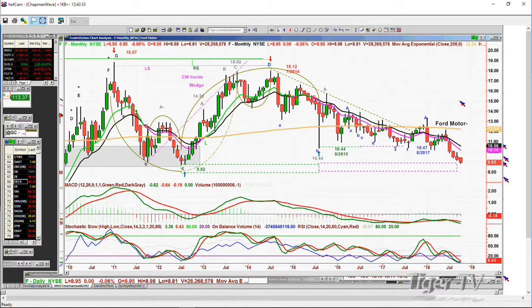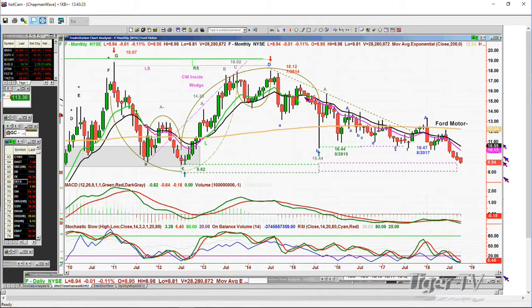Now, I drew this a long time ago. I drew it from the $8.82 low that was made back in July of 2014. It runs from $8.82 to $18.12, a peak D in the Chapman wave methodology. That also made a left side, right side price time match. And then what happened is it comes down, trough A, trough B. So it goes from 18.12 to about